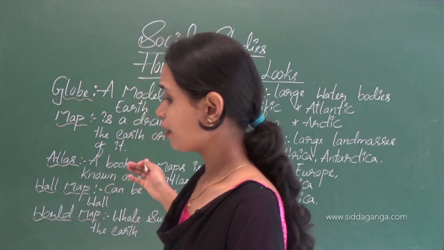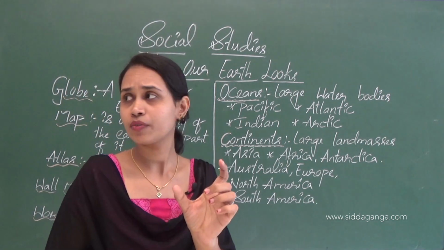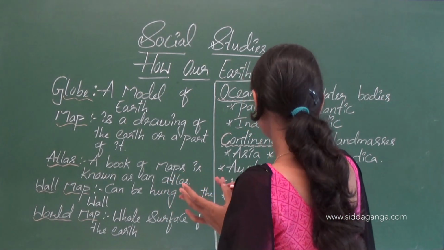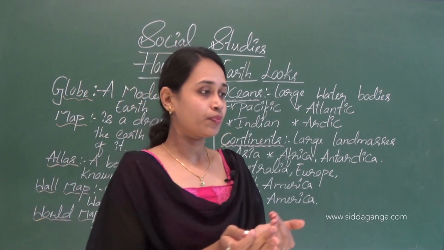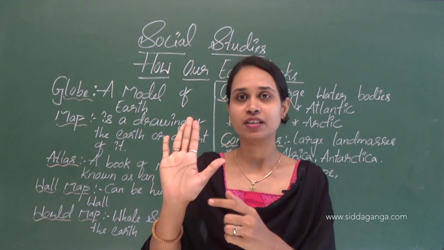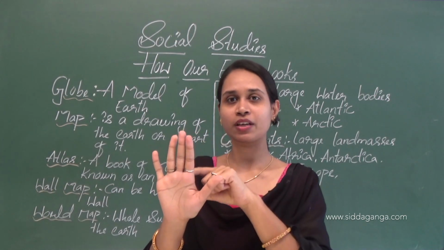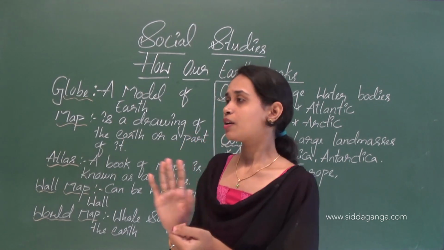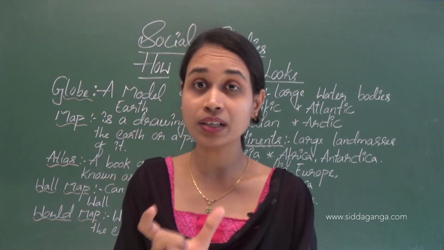We cannot see the entire Earth at one time. For example, for any thing, we can't see all of it. Here, for my hand, you can't see my entire hand, isn't it? The back of the hand is also here, but you can't see the complete hand now. Like that, we also can't see the entire Earth at one time.